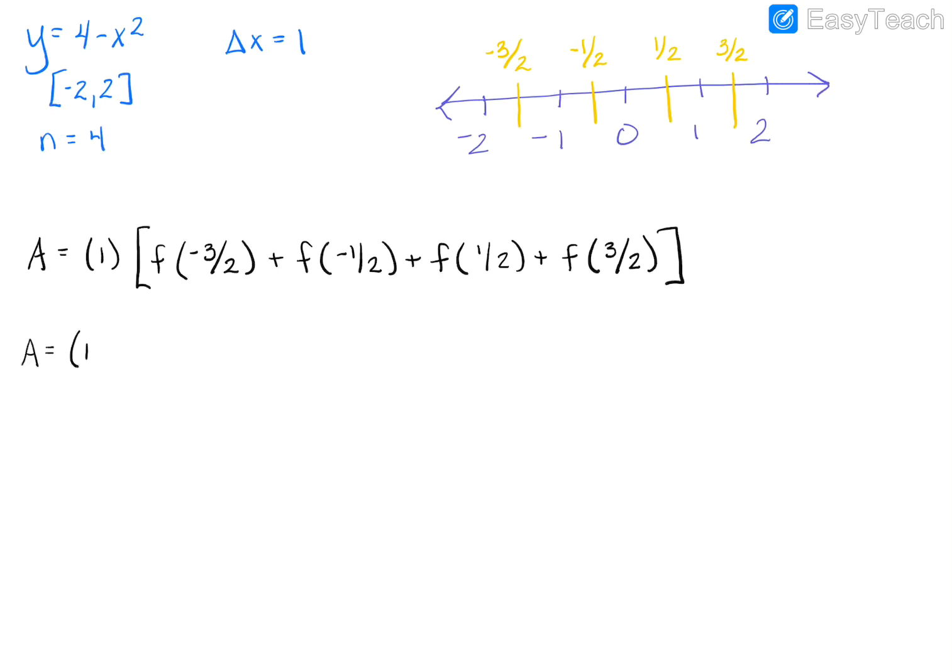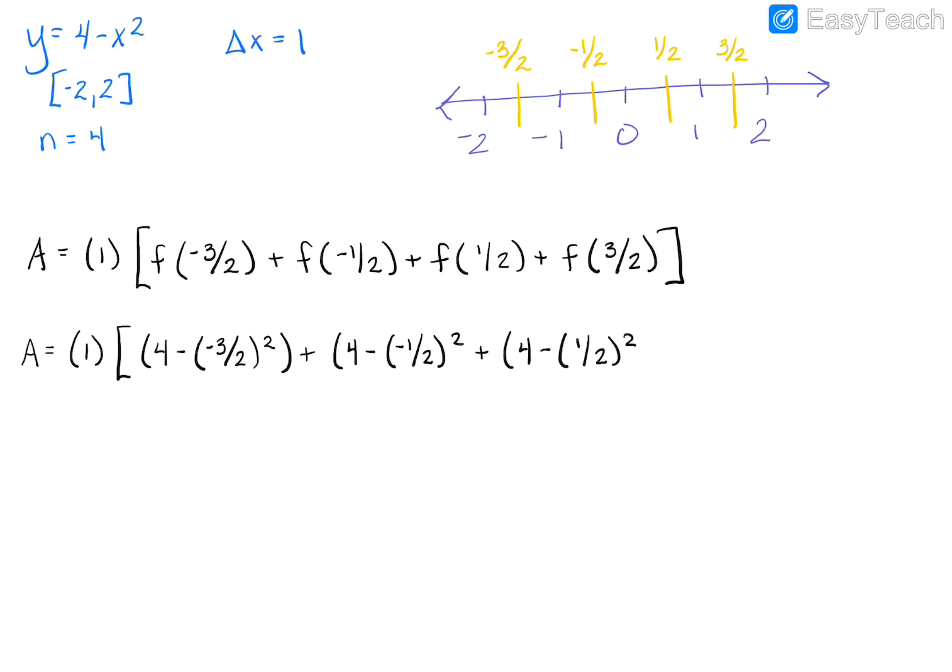So we're going to do area is equal to 1 times 4 minus -1.5 squared plus 4 minus -0.5 squared plus 4 minus 1/2 squared plus 4 minus 3/2